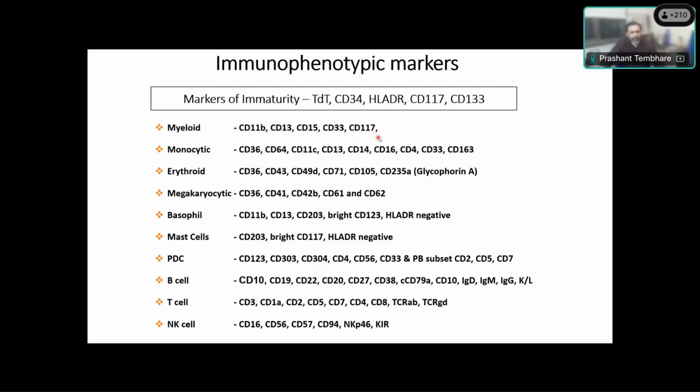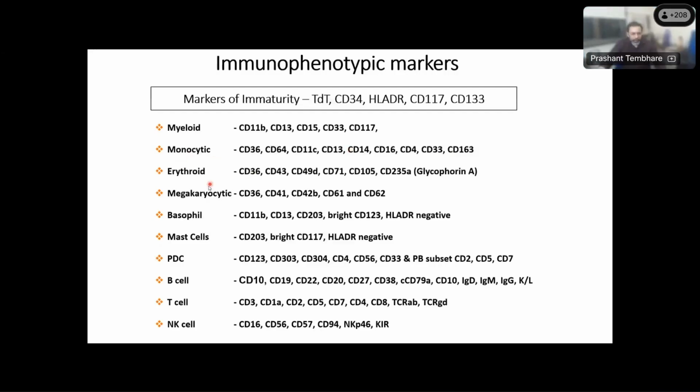So granulocytes will have different intensity, monocytes will have different. In addition to this, we also study the monocytic lineage by using CD36, CD64, CD14, CD16, CD163, and others. There are other markers which can be used. Now, common monocytic markers are CD64, CD14, CD13, CD36, and CD33. And HLA-DR, which is also an MHC class 2 molecule, which is present in monocytes because monocytes also work as an